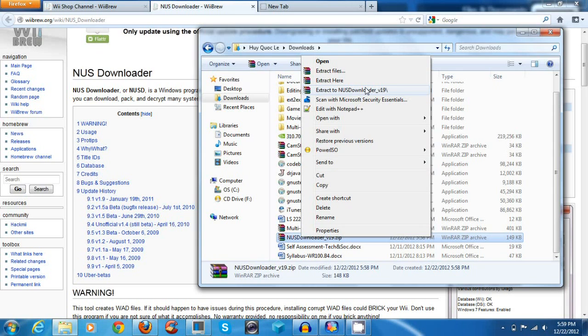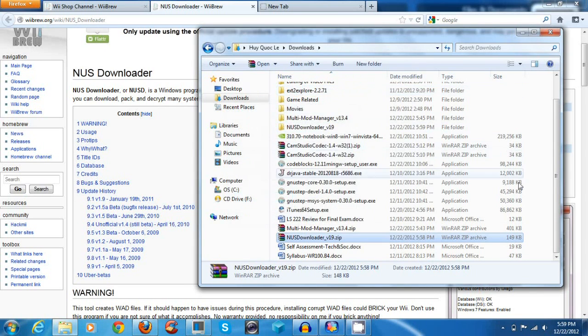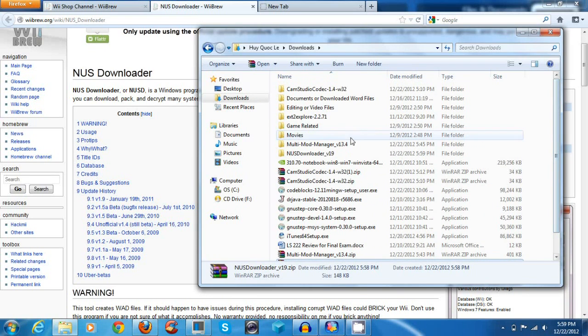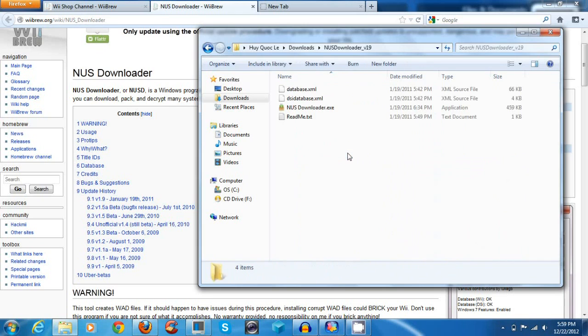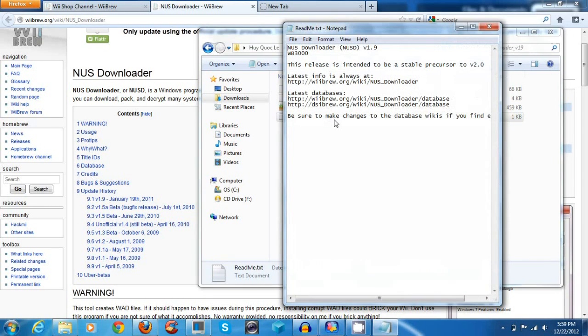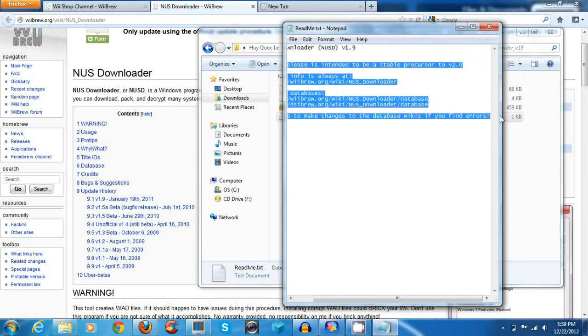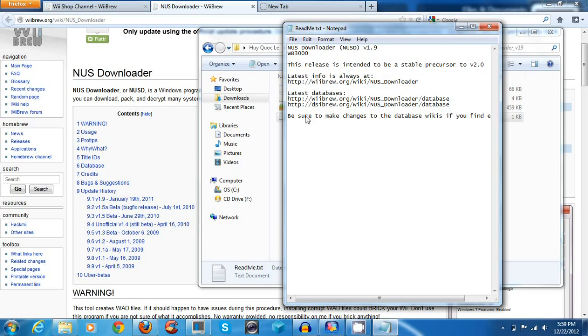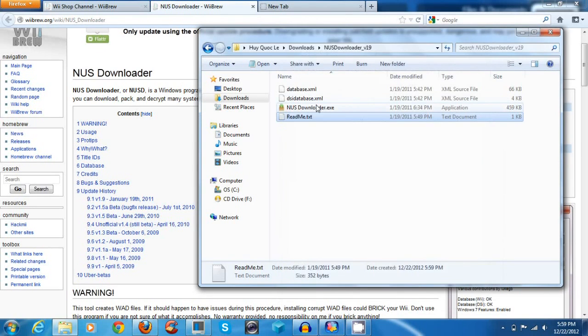So let's click this, and then it's going to extract it. It's a quick extracting, so now I'm going to double click my NUS downloader. Now the NUS downloader executable file is right over here, and here's another text file that you can read. It just has some website, latest databases, etc. So you're going to double click the executable file,